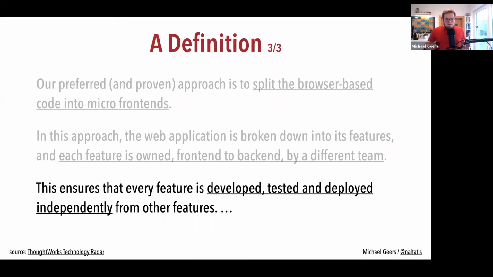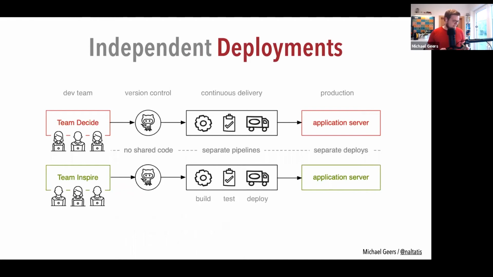Okay, so we are nearly done with the definition. Last one is, this ensures that every feature is developed, tested, and deployed independently from other features. So this iterates a little bit on the self-contained thing I talked about earlier. So here we have two teams, and both of these teams have their own version control system, for example, and they each have their own